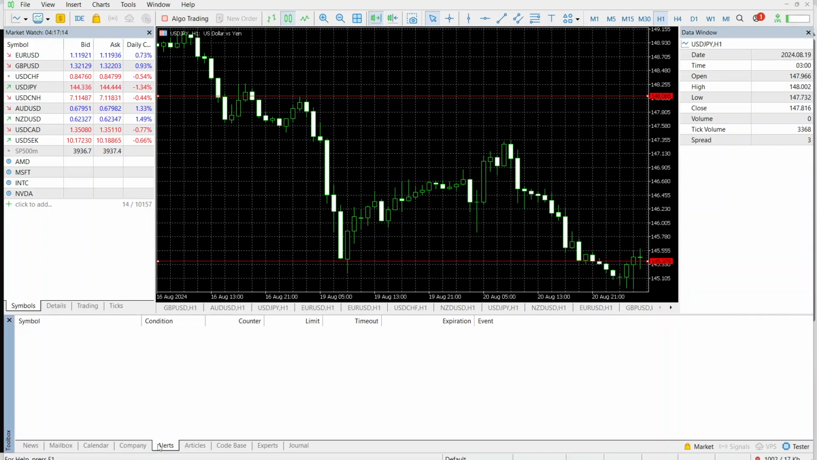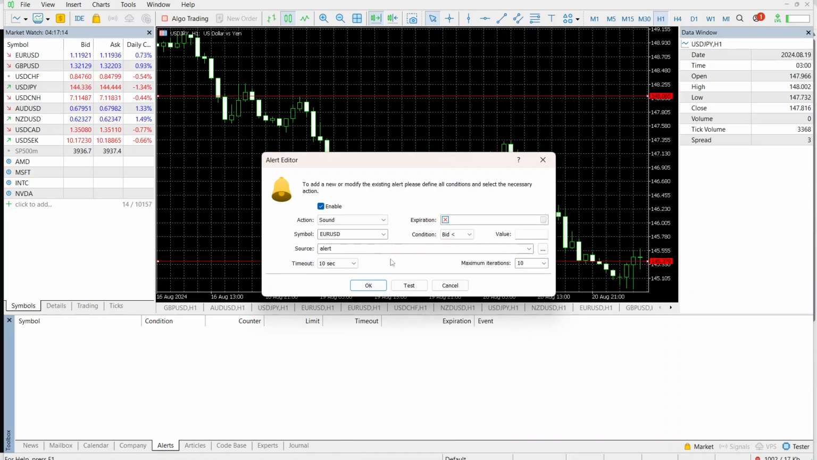This area is dedicated to managing and creating alerts, providing you with the flexibility to customize notifications to suit your trading strategies. Now that you're on the Alerts tab, the next thing you'll do is right-click within this area. This action will bring up a context menu where you'll find the option to Create. Go ahead and select Create, and this will prompt a setup window where you'll fill in the details for your